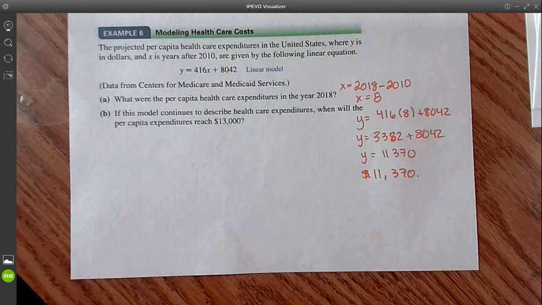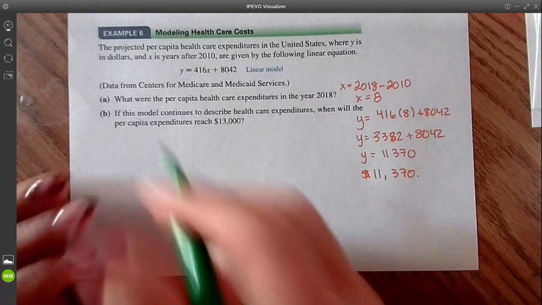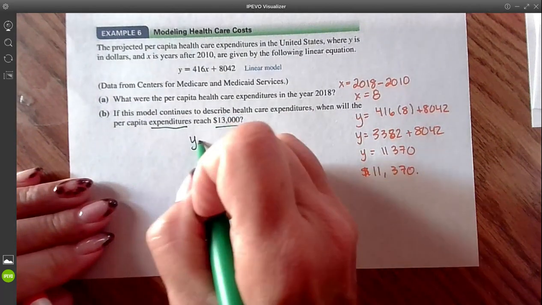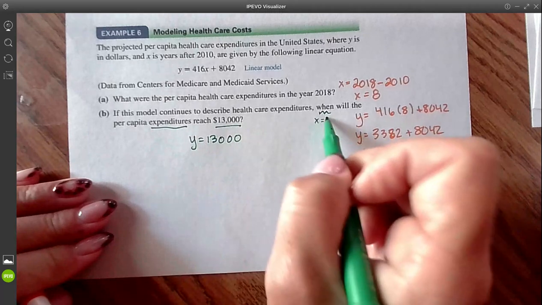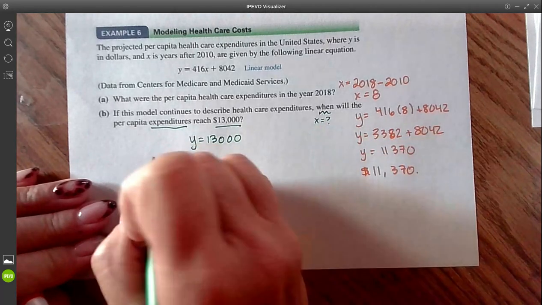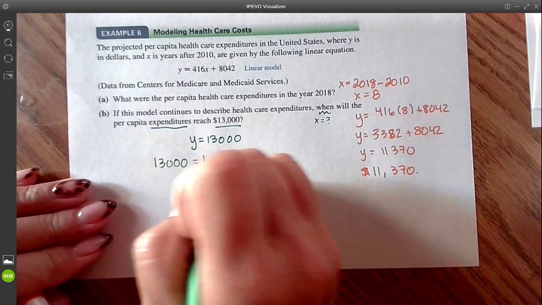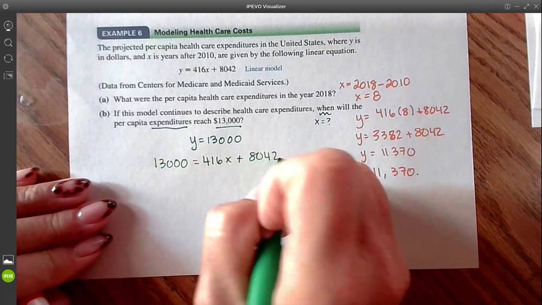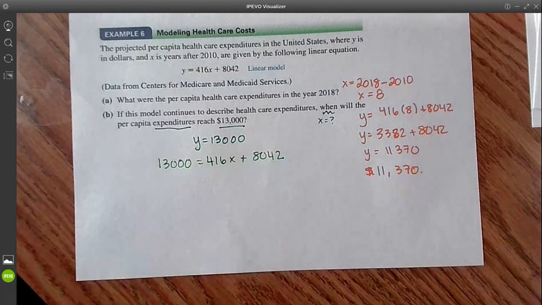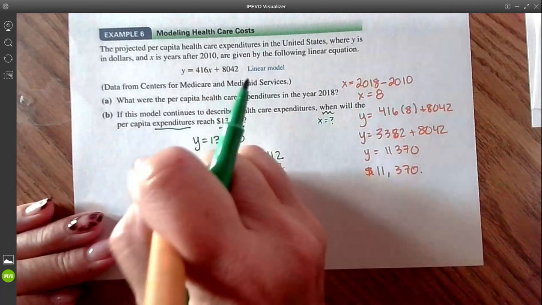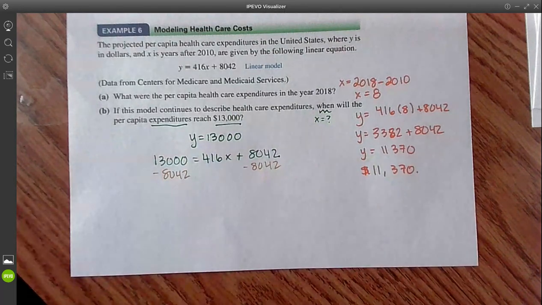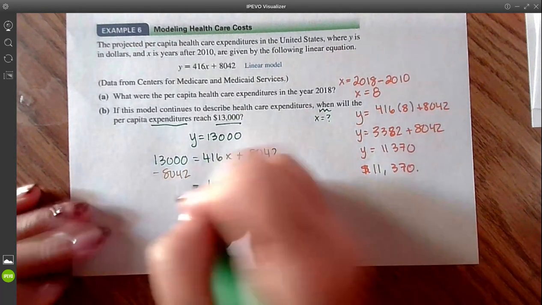If this model continues to describe healthcare expenditures, when will the per capita expenditures reach 13,000? So now this is telling me the expenditures are 13,000, so that is our Y value. And they want to know when, which is to find X. So I have 13,000 equals 416X plus 8,042. And we will just solve that equation. So subtract 8,042. 416X equals